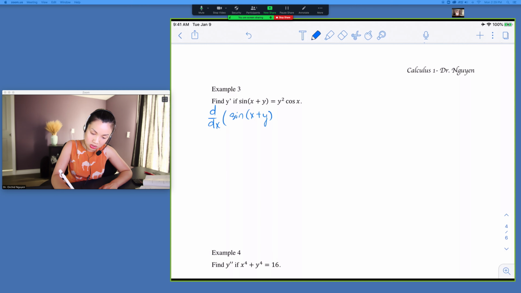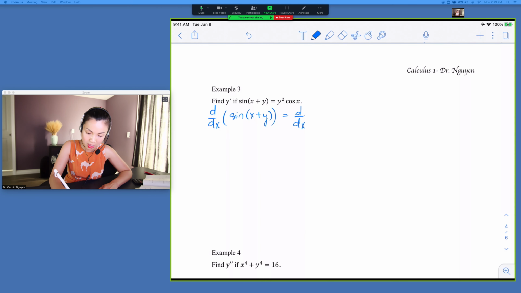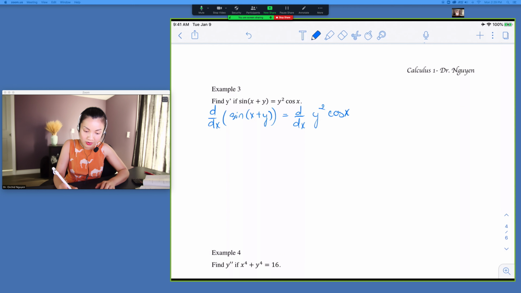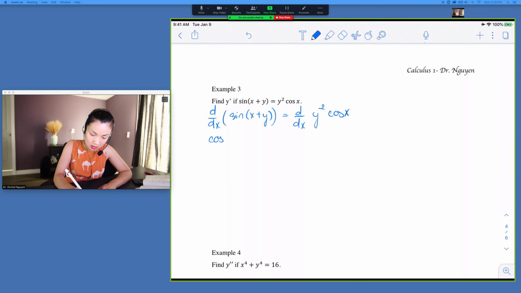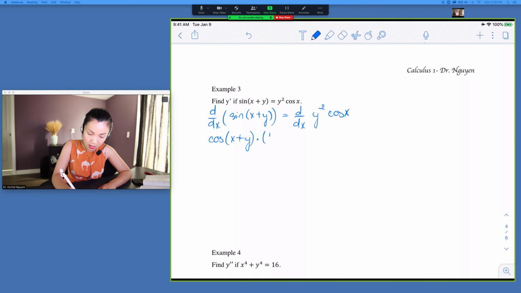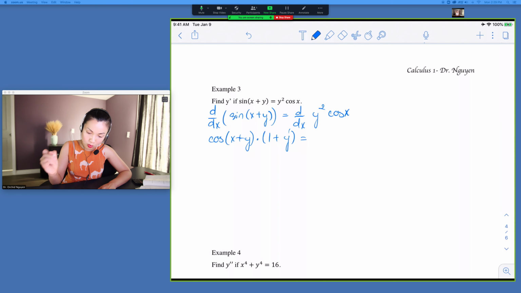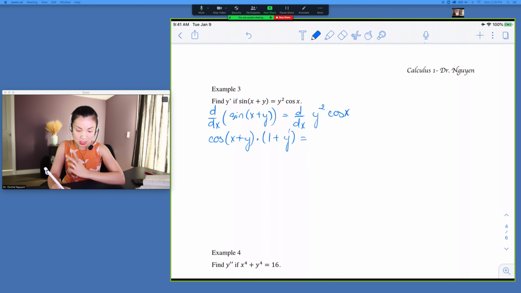And then make sure for y, we have to include y prime because of the chain rule. Okay, so you see right here on the left-hand side, I have cosine of x plus y. Now, taking care of chain rule, I have 1 plus y prime. On the right-hand side, I have the product rule. So what I have is going to be